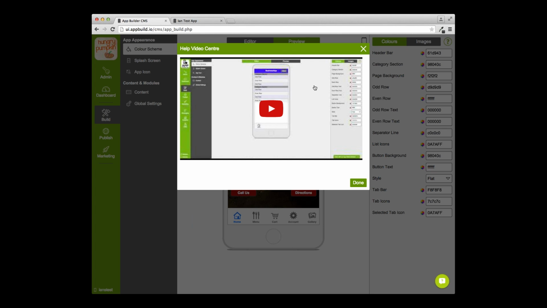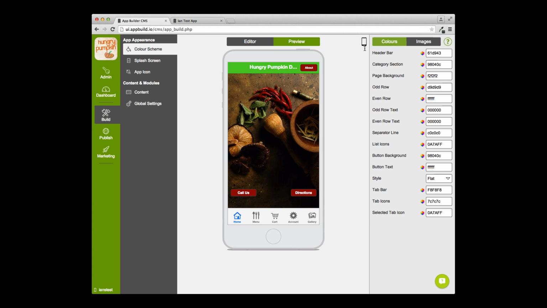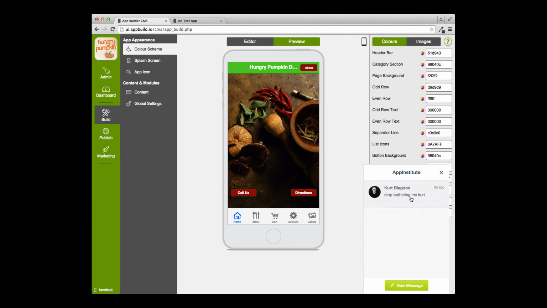So again, if at any point you become unsure of what to do, then you'll always find in the top right hand corner somewhere one of these help icons which will guide you or give you an example of what to do. Failing that, we also have our new support system, which you as a white label admin will have access to, but it is just for you, not for your clients. So your clients logging in will not see this. This is just for you to get help from our team. And so here we can see